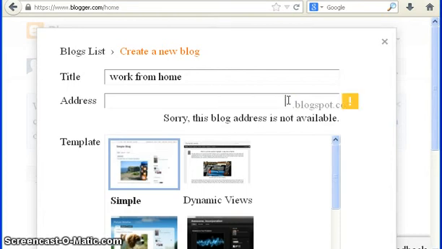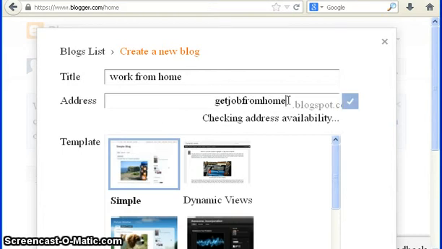Like this it must be written, get job from home, and of course, as you see, it is not available. So what I'm gonna do here, I'm gonna add some number to make it easier and not to waste your time. So number 1 is available.